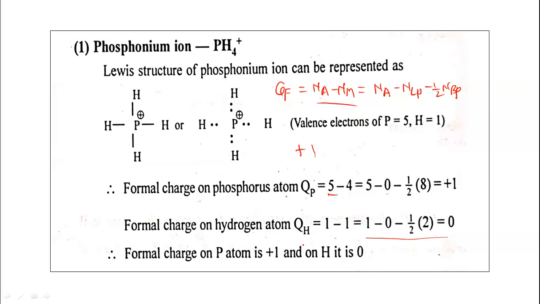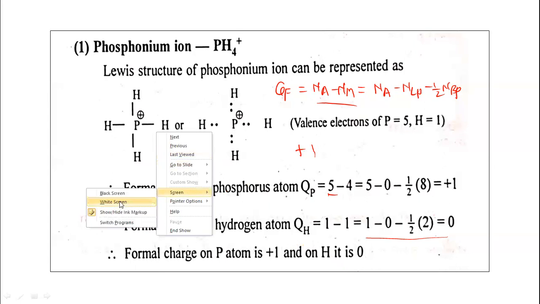Let us take another example to calculate the formal charge. See, the carbon monoxide molecule. First of all, let us represent the carbon monoxide molecule by 3 resonating structures. Carbon has valency 4 here. This is the first resonating structure. Oxygen has 6. So a double bond is there. This is the first structure that is already known to us.